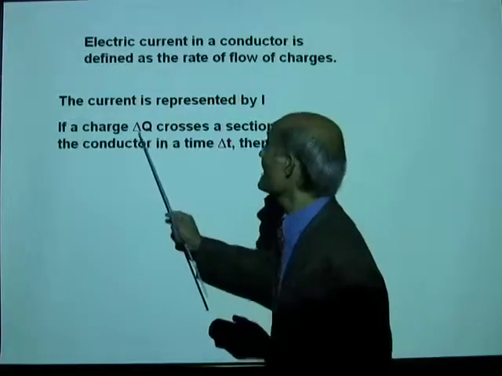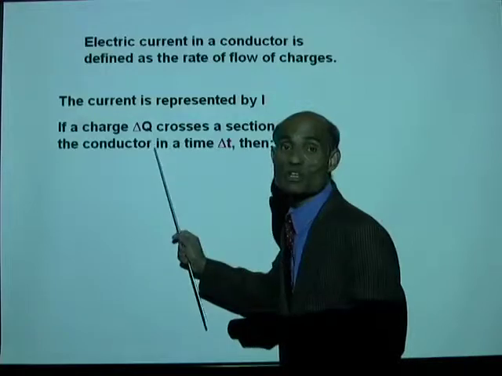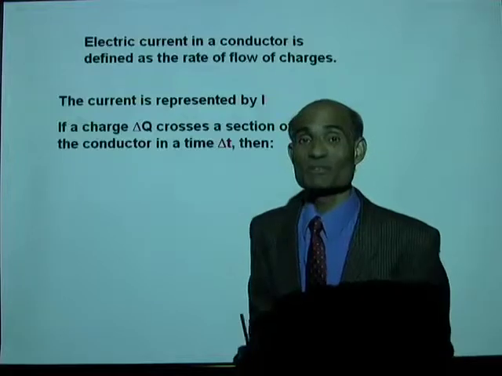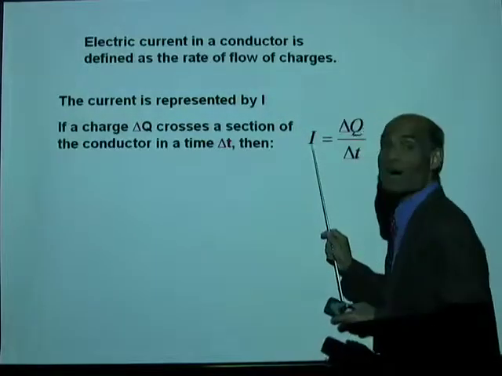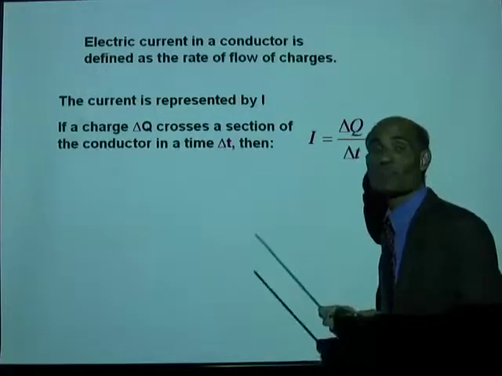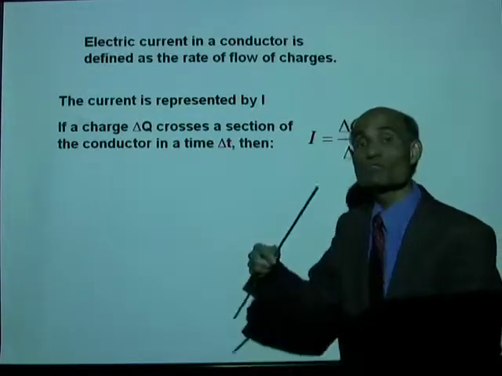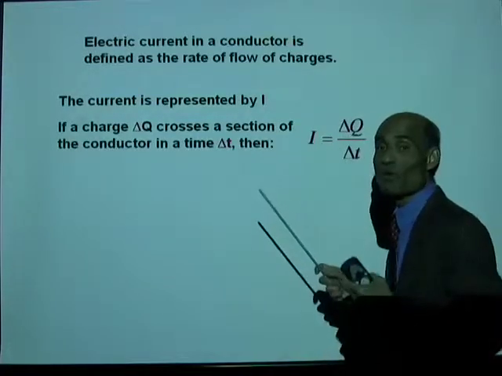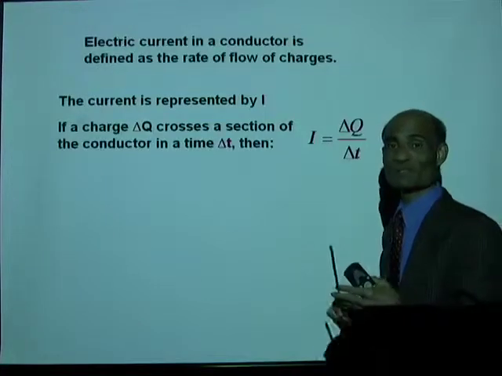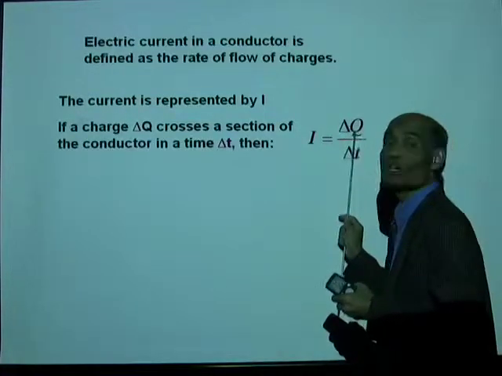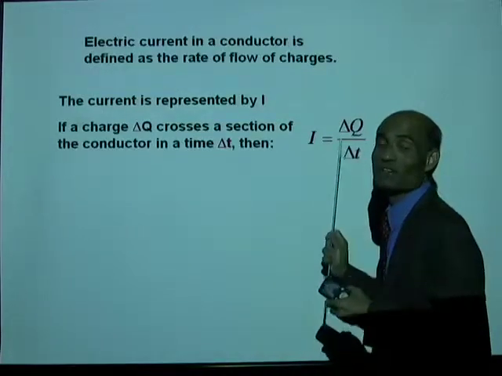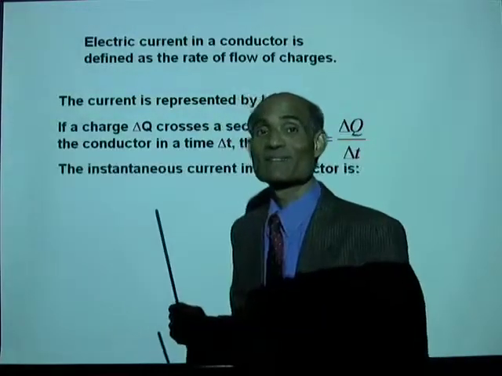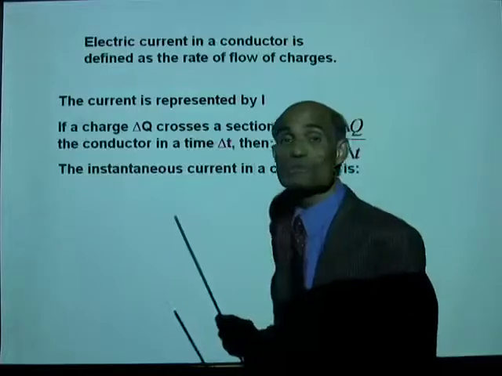Now, if a charge delta Q crosses a section of a conductor in a time delta T, then what is current equal to? Well, current I equals delta Q divided by delta T. Current is the rate of flow of charge. Alright, can you look at this definition and tell me what is the unit for measuring current? Charge is measured in coulombs and time in seconds. Therefore, current will be measured in coulombs per second. Right? And that coulombs per second has